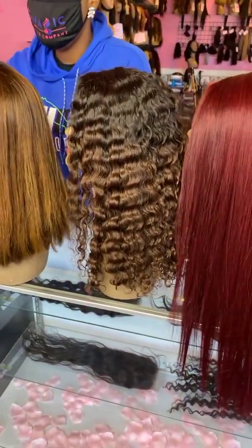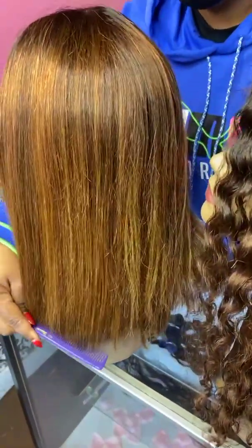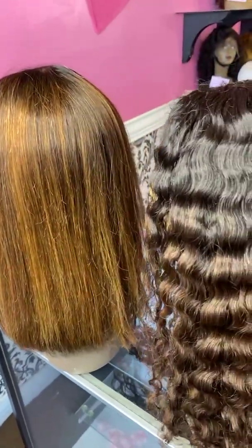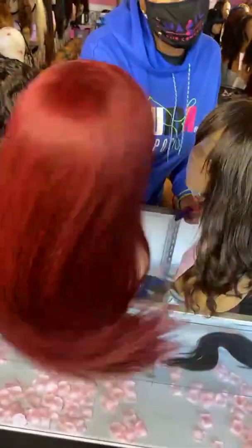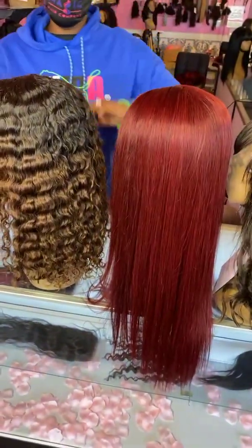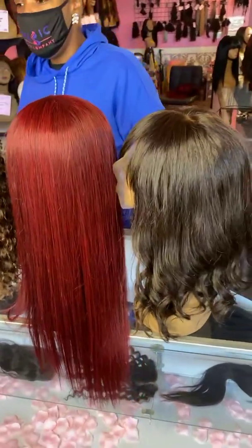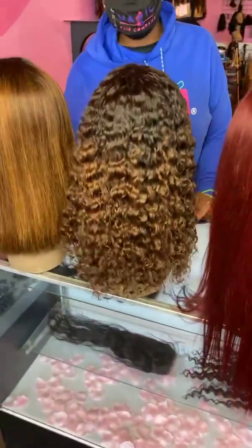As you can see here, we do custom coloring right here. So all of our wigs start out in a 1B, and we can do a beautiful color like this on it, or like this wig here. This is actually going to be my wedding wig because I'm getting married next week. So stay tuned because I'm going to show you guys our full bridesmaids look for all of our wigs. But if you need a quality glueless wig, whether it's front lace or full lace, shop with us here at